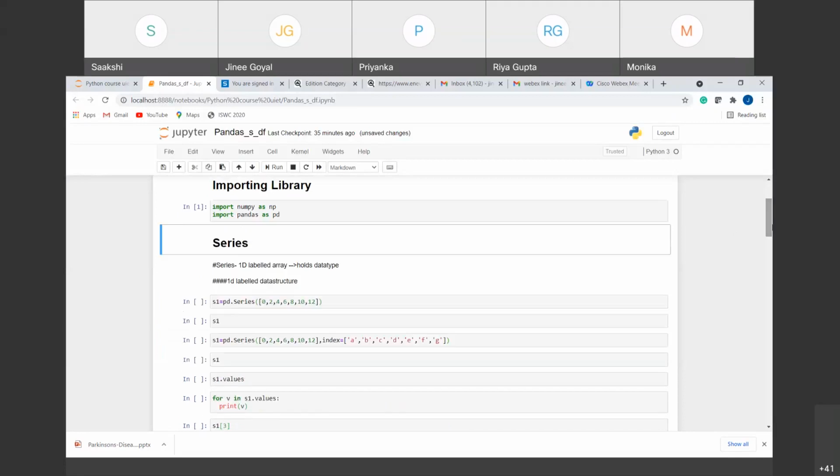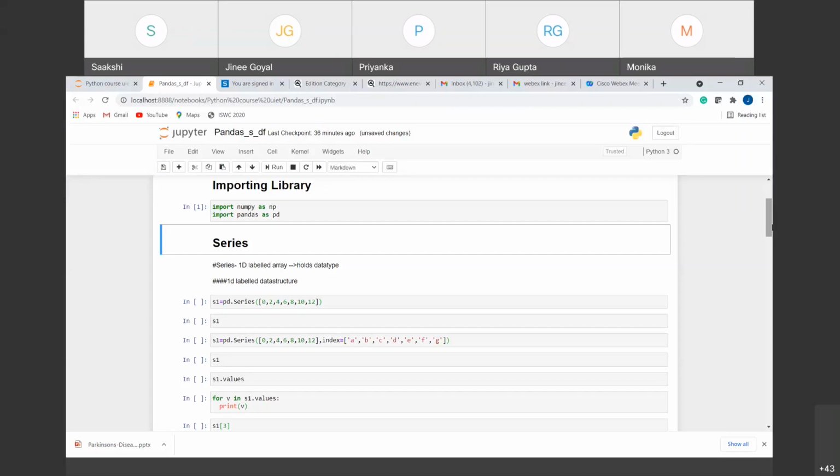Now, next is the first important thing in the pandas, which is the series, right? Series is like a 1D array, but an array that is labeled. That is, you can call using the indexing names that we provide to it, right? And it can hold any type of data, for example, integer, floating point, string, objects also. So it can show the type of the data. So it is like a 1D labeled structure, right? So series is like, for example, if you have your Excel sheet, there is one column there. So that one column is like a series, right?